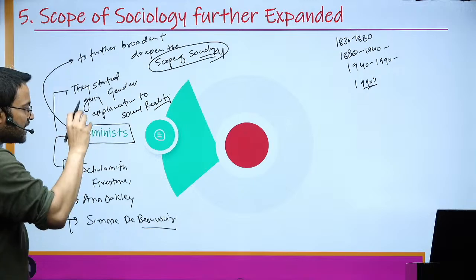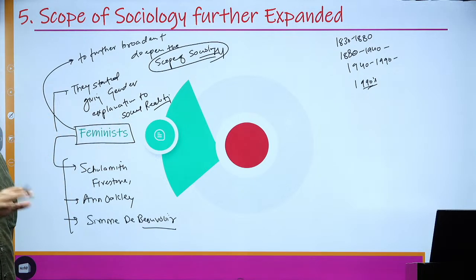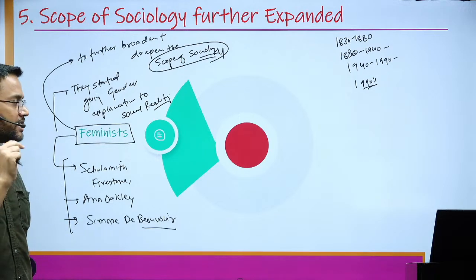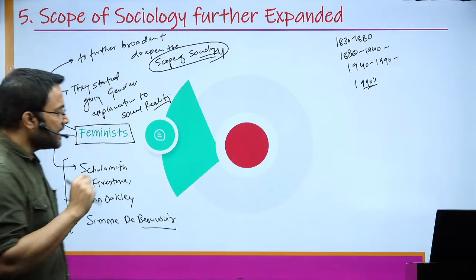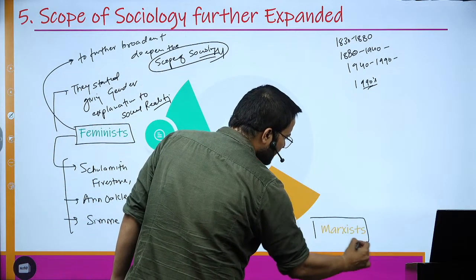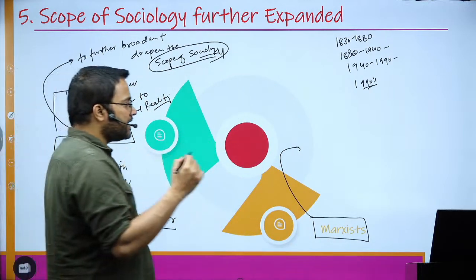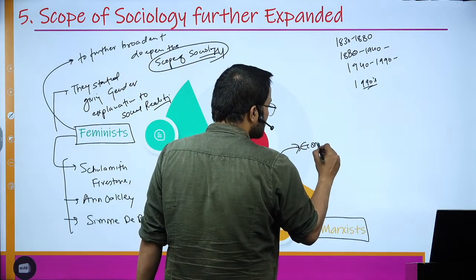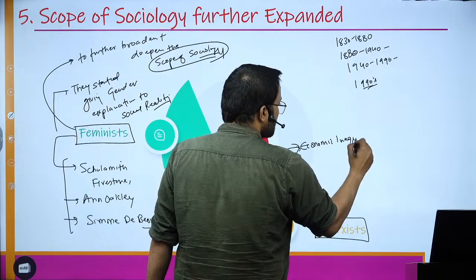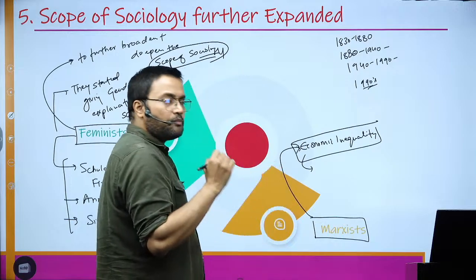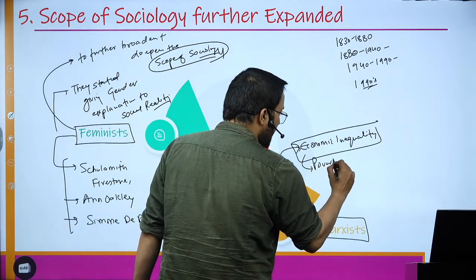Now, feminists gave a different angle, looking also into gender inequality and the sufferings of women. Remember Mary Wollstonecraft, what she said, that what the state does to its common citizen is known to everyone, but what man does to its women is not known to everyone. Okay. Similarly, the Marxists, like Karl Marx, gave a very radical view of understanding society, that in society there is an economic inequality because of which the majority of the people are suffering, and it is leading to what? Poverty. So poverty is something which is man-made,